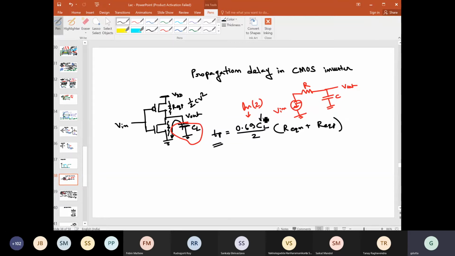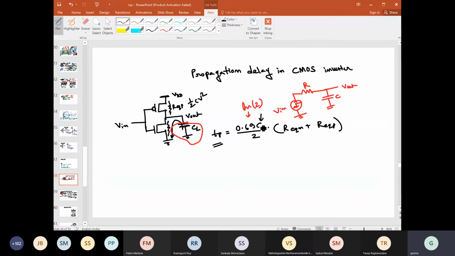To understand what the CL is and how to estimate it, we need to understand in more detail what capacitances are actually present in a MOSFET, and how those capacitances vary with MOSFET width, because that is the thing as a designer you have in your hand. You will probably not change the gate length for a particular technology node. You will not change the oxide thickness, that is also fixed for a particular technology node. So what you can change as a designer is the width.